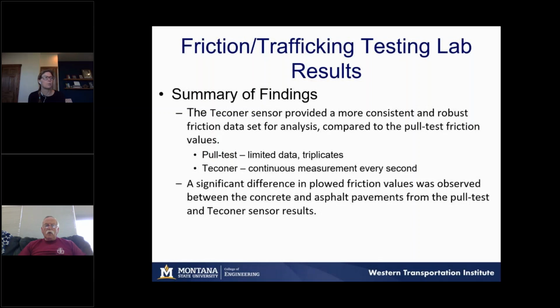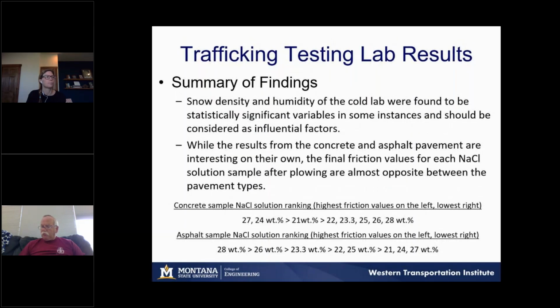And the interesting thing was there was a significant difference found in the plowed friction values between the concrete and the asphalt samples from the pull test and the Taconic data set. So there is some merit to doing this, but in the future, if the pull test was used, we would want to collect significantly more data, but the better way to do this might actually be one of the non-invasive sensors like a Taconic. Other key variables that were identified in this test were snow density and humidity,